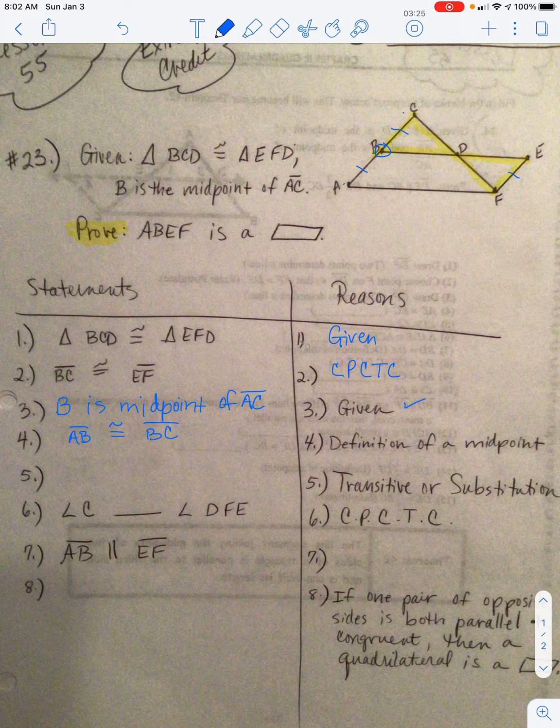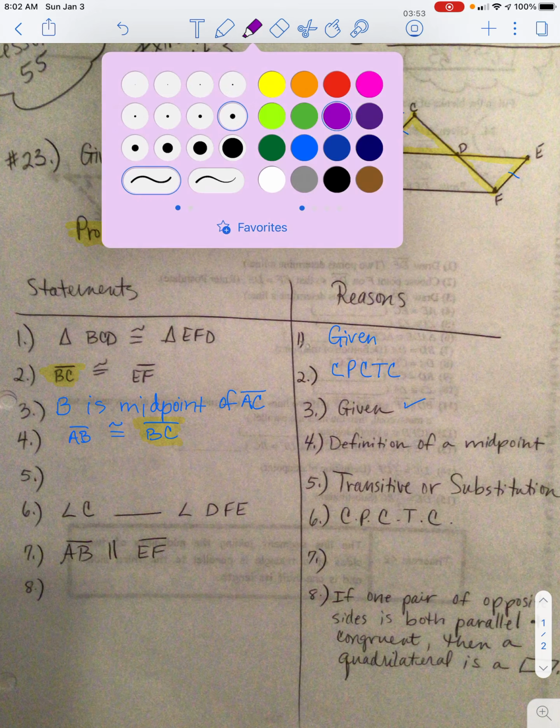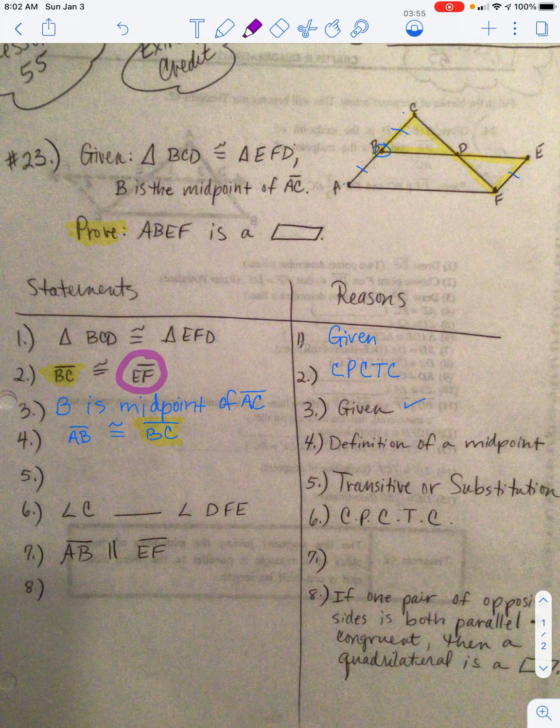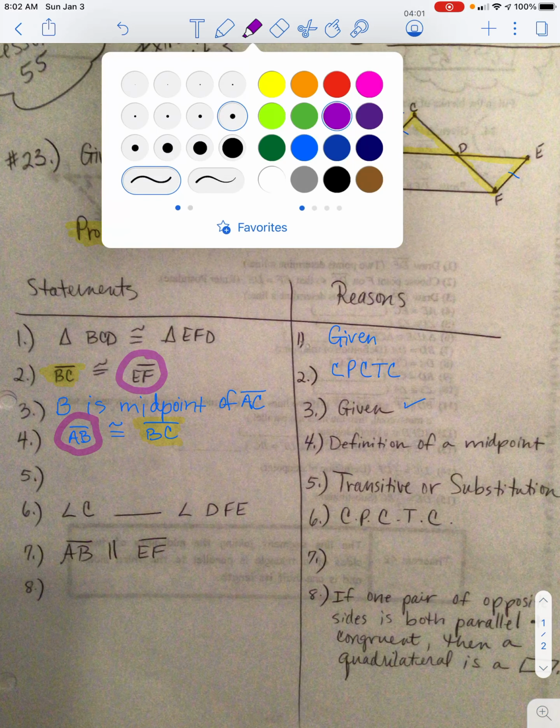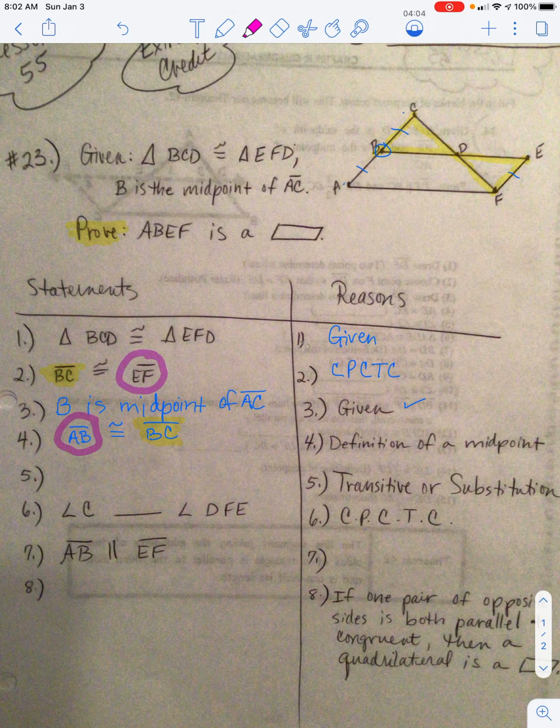Number 5. Now let's look at this. I'm going to try to highlight a few things for you here. Look at step number 2, BC is congruent to EF. And let's look down at step 4. BC is congruent to AB. So if BC is congruent to EF, and BC is congruent to AB, well then it stands to reason that AB